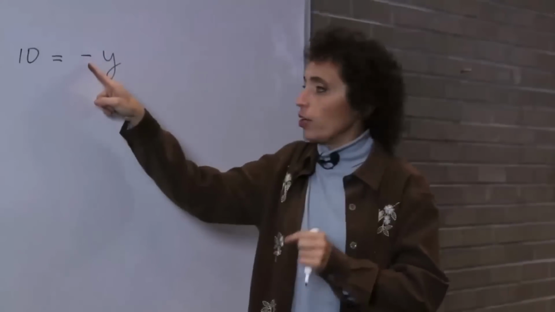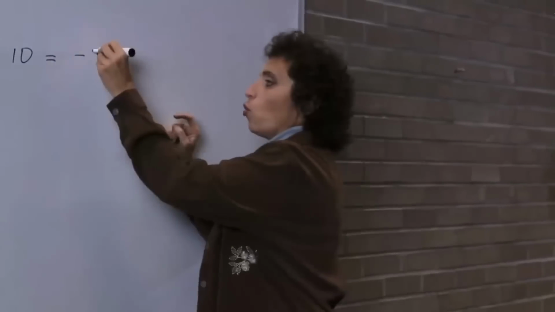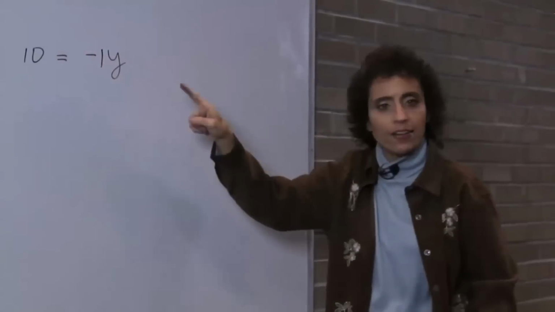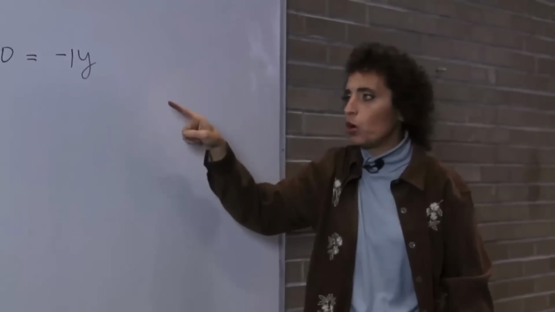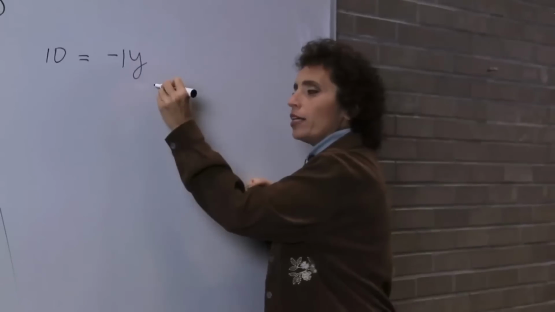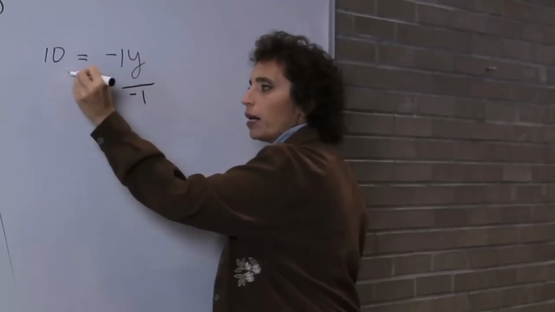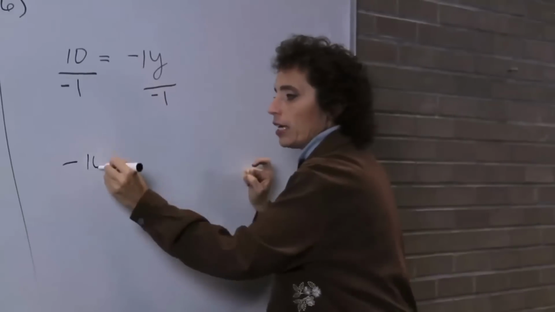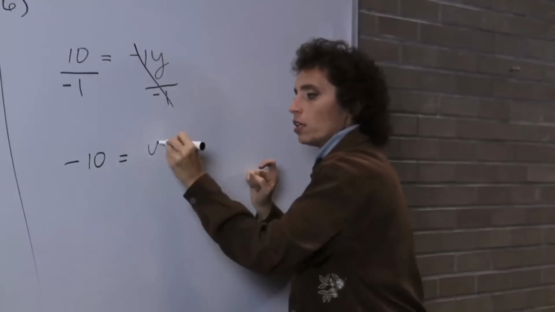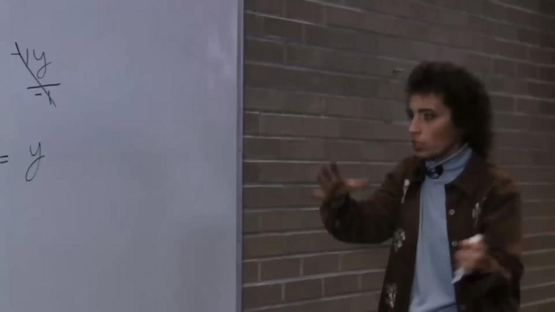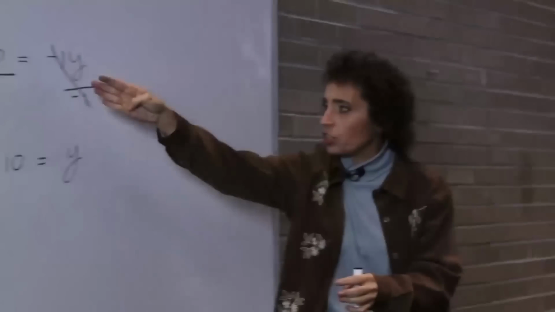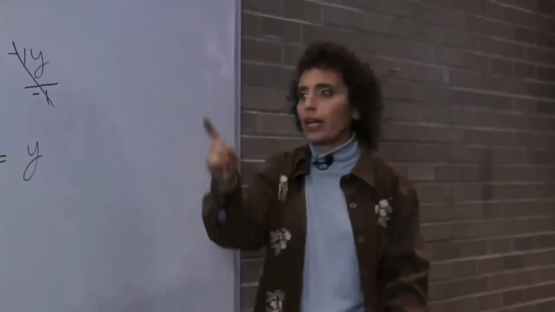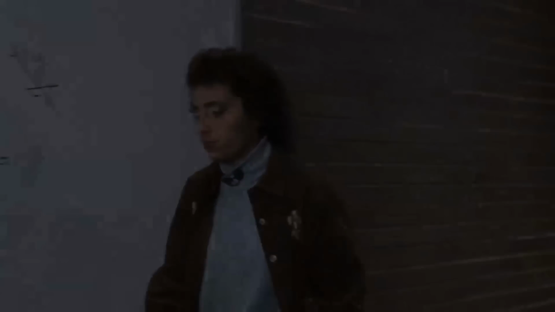There's an actual number there that you don't see. That number is a 1. Because of that negative, it's a negative 1. So that's negative 1 times y. But now I have to get rid of the negative 1. It's attached by multiplication, so I divide by negative 1. A positive divided by a negative is a negative. We get negative 10 equals y. So we're doing the same steps, just realizing, let's see what the coefficient is so that we can do that problem. Okay, you try 3 through 5, and then I'll give you the answers to those.